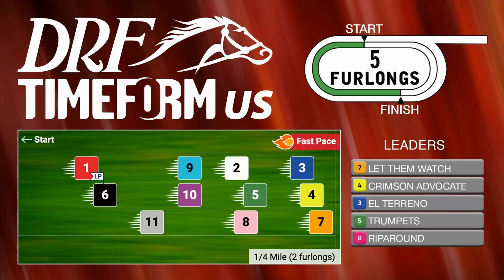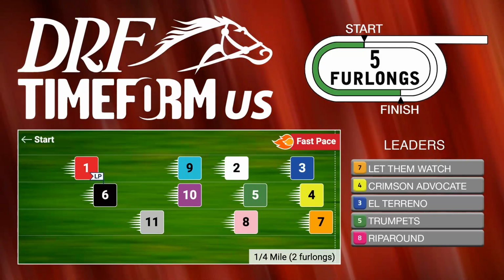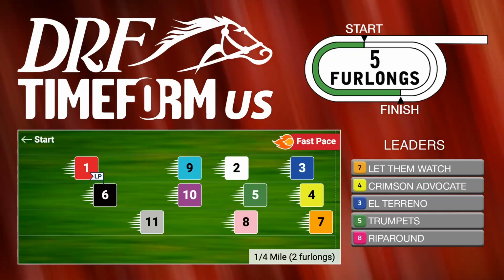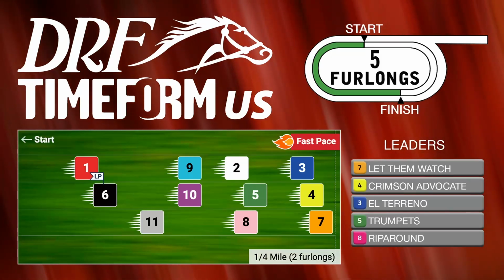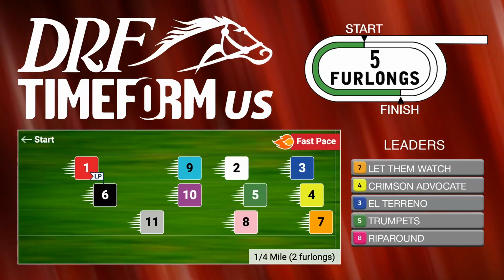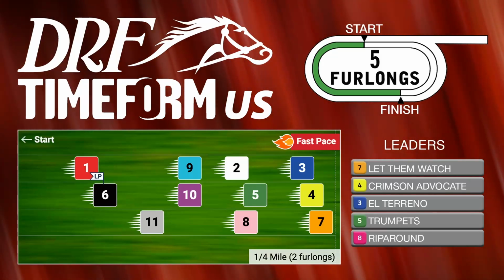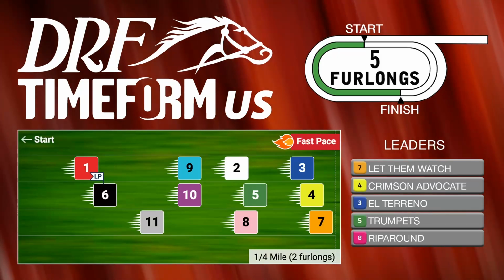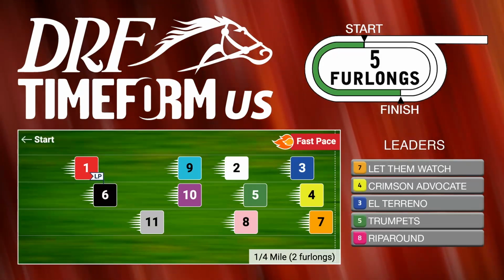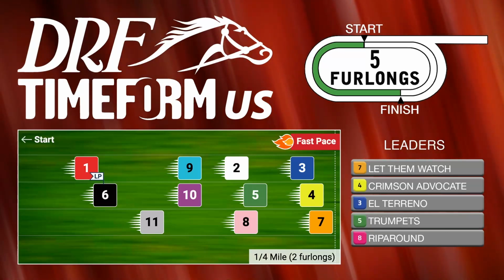on a synthetic surface. I guess the 7 Let Them Watch is kind of the key to this pace because she's been very fast on dirt, Mike, but it's been on dirt and it's been going longer. I don't know if she's as quick as Crimson Advocate. Yeah, I don't think that she is. And we'll see how fast El Terreno is too, Dan. I mean, maybe she's this fast. She just hasn't really had to go that fast in her first 2 starts because she just absolutely towered over